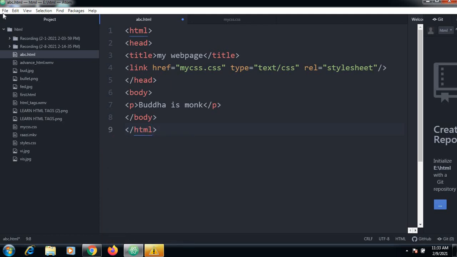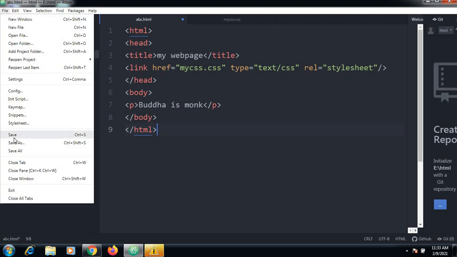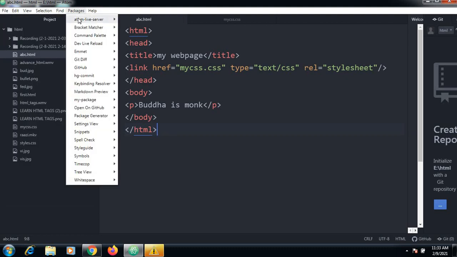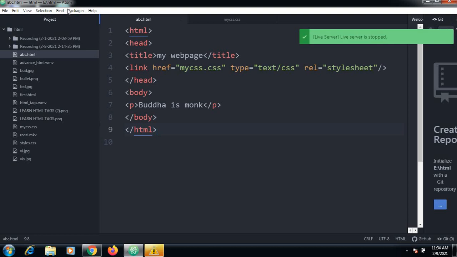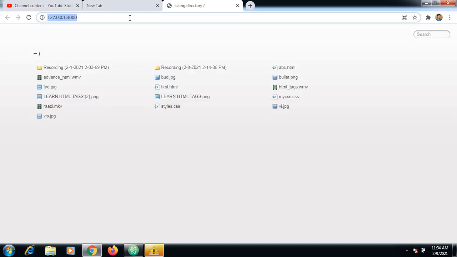Try to run this server. Save this before. Now stop the server and again run this server. This file is abc.html. So now the text is coming.